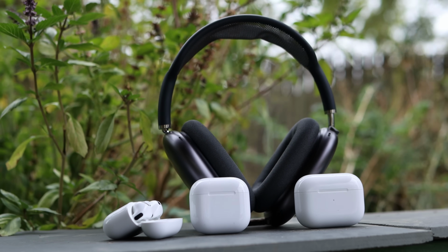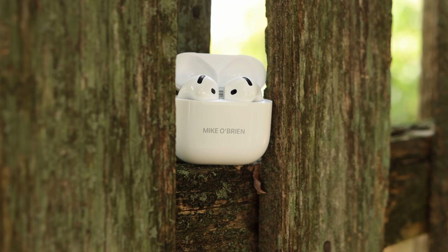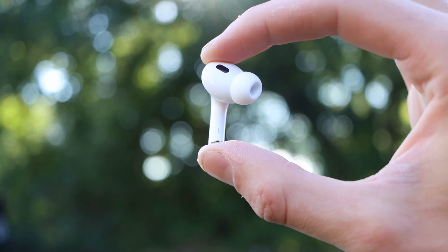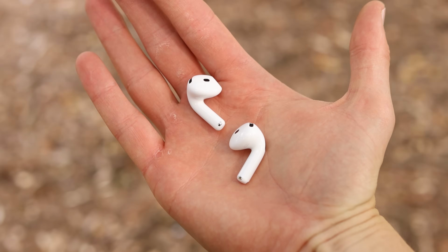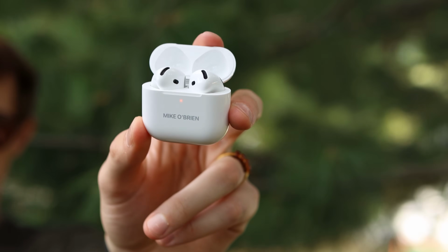Let's take a few steps back and start off on the ground floor here: what is the AirPods lineup? What are the prices? What are the models? What has been kicked off and replaced from last year's products? Well, the new AirPods 4 and AirPods 4 ANC are essentially replacing the AirPods 2 and the AirPods 3. Starting off with the AirPods 4, they're $129, which is the lowest entry-level AirPods we see,